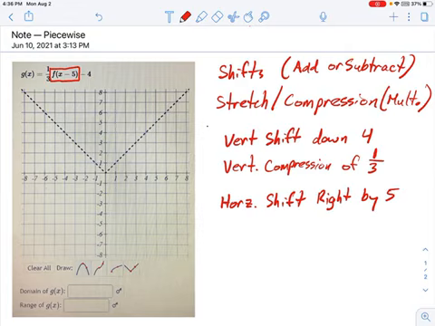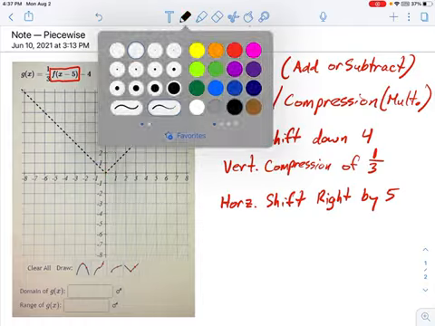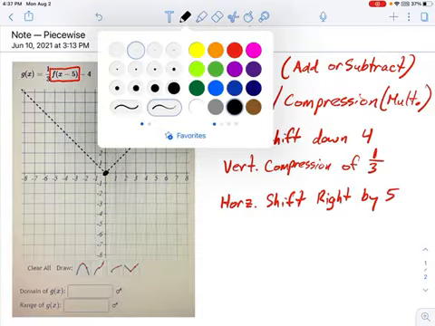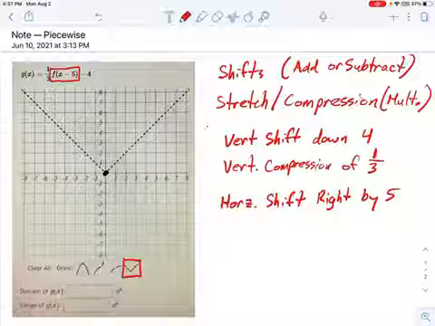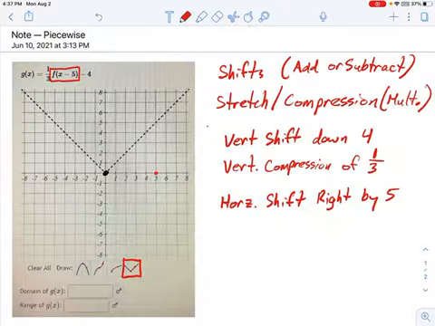Okay, so now I'm going to take all these ideas that I've written on the right side, and we're going to put that together on the graph. So I like this point right here as a starting point, except I'm just going to put it in black so we know it's part of the original parent function. Just so I can talk about where I want to start drawing. I'm going to select this button. If I were doing this in the homework, I would select the absolute value button, because that's what this parent function is. And I would start shifted right 5. But we're also shifting down by 4, so that's not going to be good right there. Let's go right 5, down 4. So I'm going to be starting my function here.